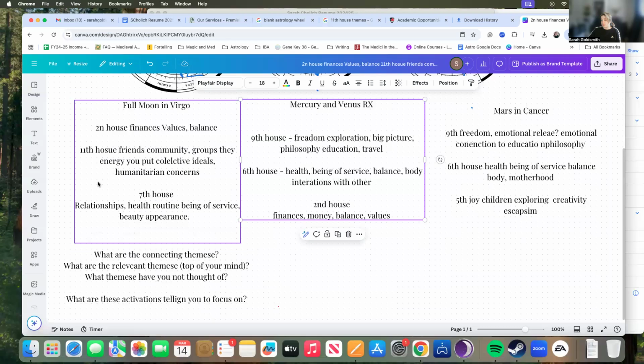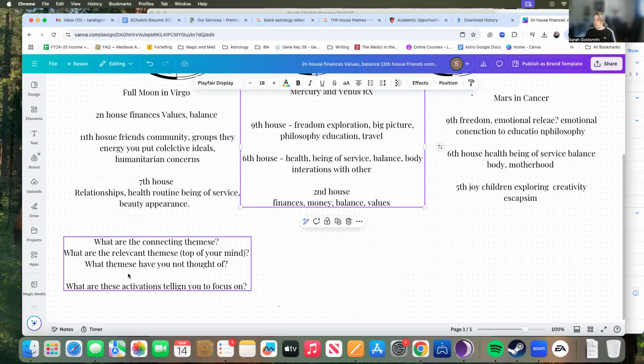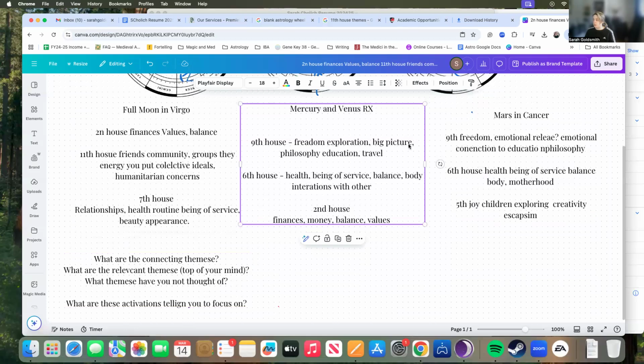The full moon activation through the 7th, 11th, and 2nd, like I could be really learning new things that help me feel more ease in this, or connecting to collective energies like 11th house themes through whatever I get into with ninth house themes of exploring new topics or studying or writing articles for you guys, connecting to my community. I can see how those things could be connected and how I haven't been achieving as much balance as I've wanted to. So I think that these activations are telling me to focus on the ninth house themes